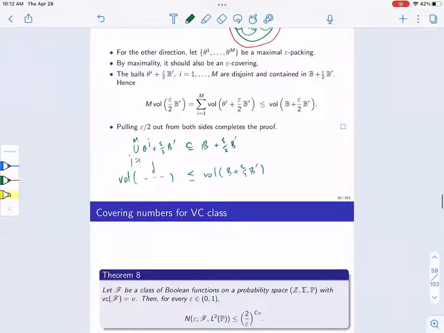These are disjoint, so this volume just separates, it's equal to the summation of the volume of the individual ones. And so I get the volume of theta j plus epsilon over 2 B prime. This is less than or equal to, I'm going to factor out,